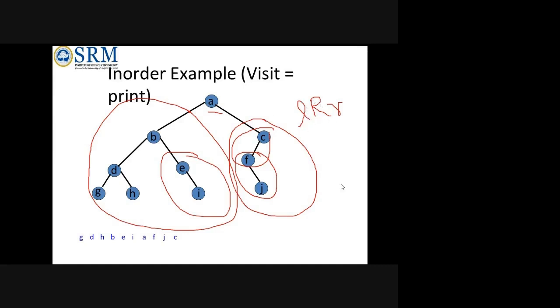Now it will come to this side to print the right side. When it comes to the right side, it will find C over there. But C it will not print immediately because it has a child. A left child is there, but no right child. So the left is there, and it will keep track of it. When it takes F, if there is no child for F, it will print F, but it has a child.